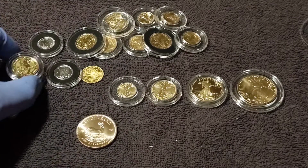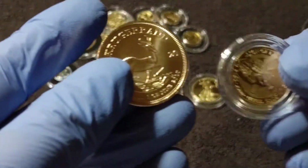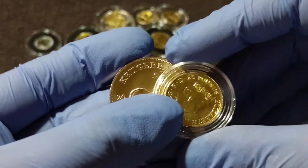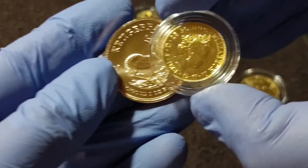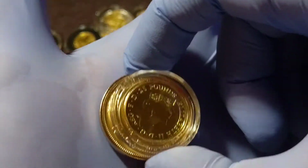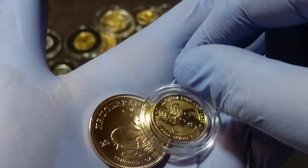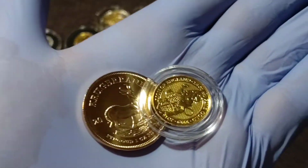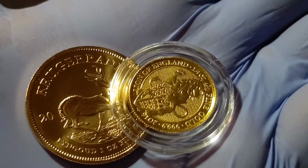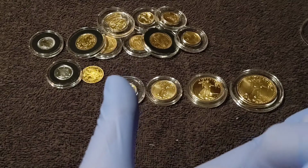And yes, this is the last thing I wanted to do, as we did the comparison to the American Gold Eagle. I do not have a 1 ounce gold coin that is 999 pure, but there's your stark contrast, if you will, between the composition of the Krugerrand, and here I have a quarter ounce Queen's Peace coin in pure gold composition. You can see the distinct color difference. But gold is gold, it is recognizable, and it is good to